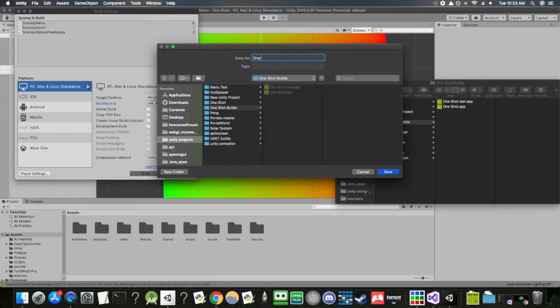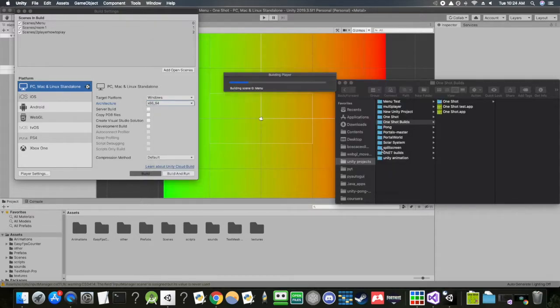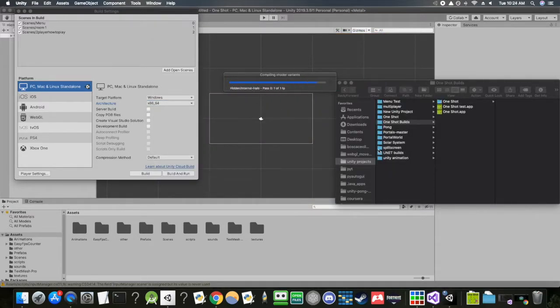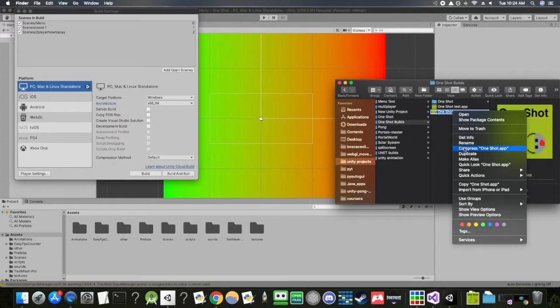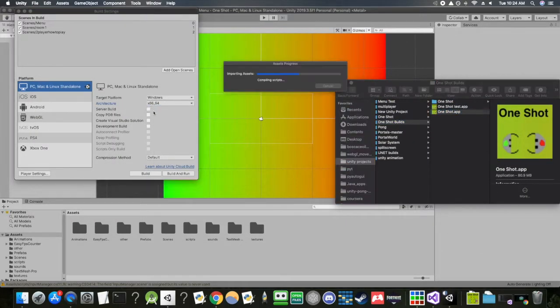I like using Unity to make One Shot because it was really easy to learn. It only took me 2 weeks to learn the basics and another 2 weeks to learn the advanced stuff. And I'm not a professional game developer, so my game isn't very good looking, but it is fun.